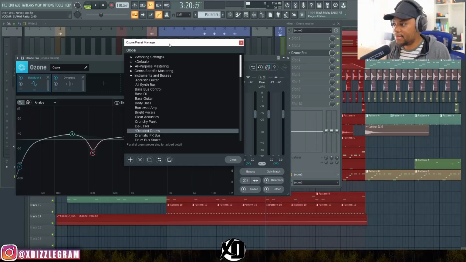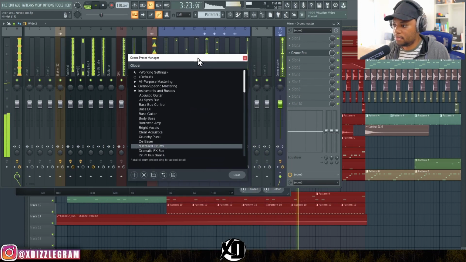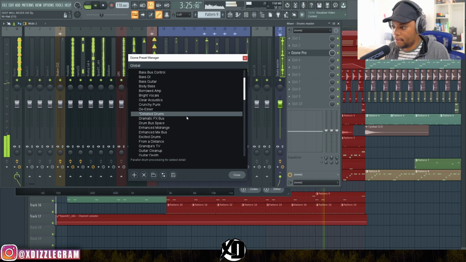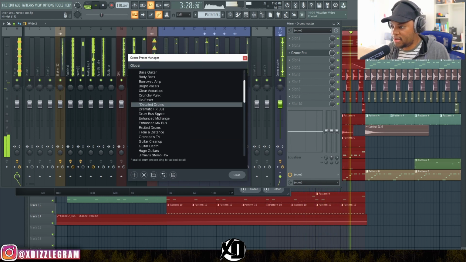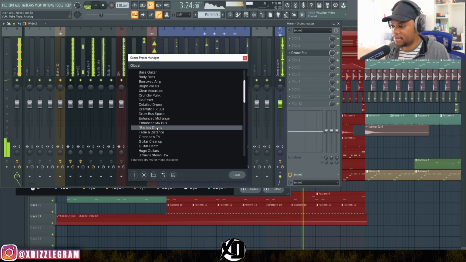And if I want to, I can add maybe Ozone, and I can pick any preset in Ozone here that can help me with drums. And Ozone has really nice, like you see here, it has instrument and buses. So you can pick anything that's in here. So if you want to use maybe the Details drums preset, you can use that. Drum bus space, excited drums,